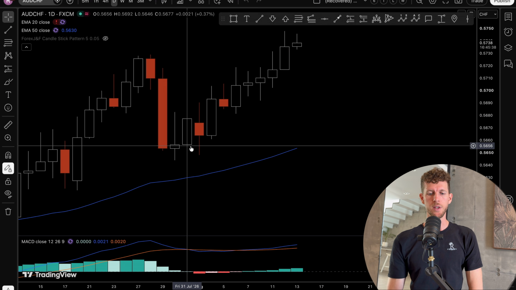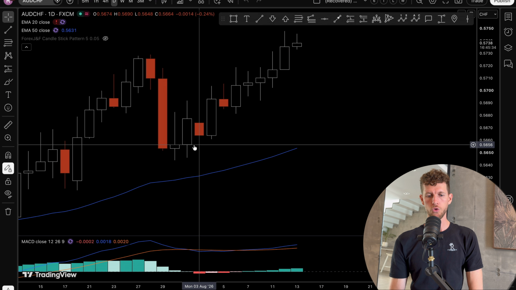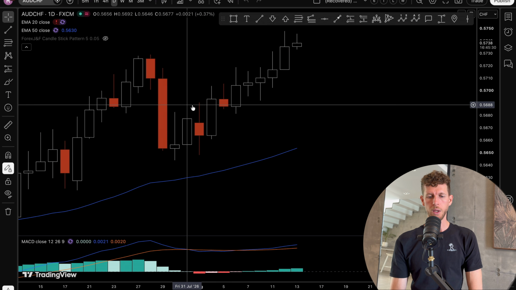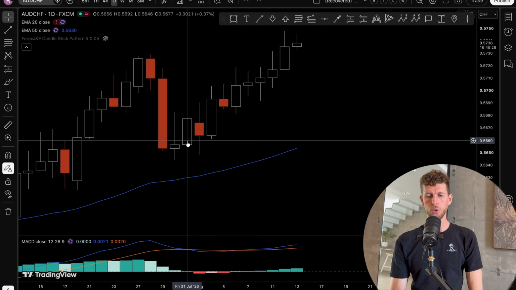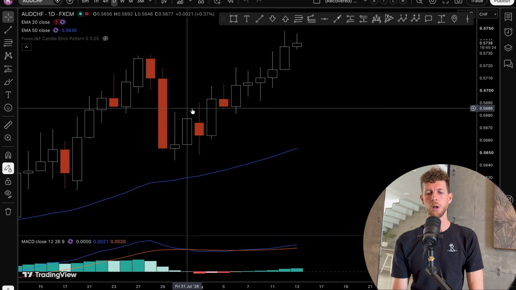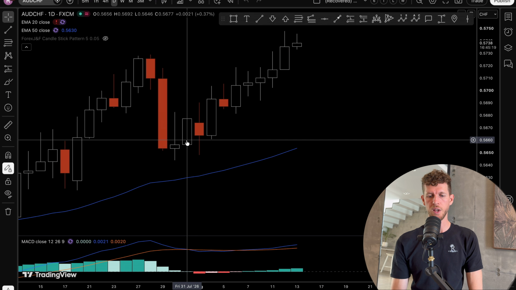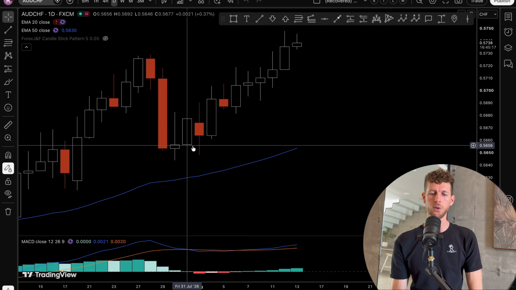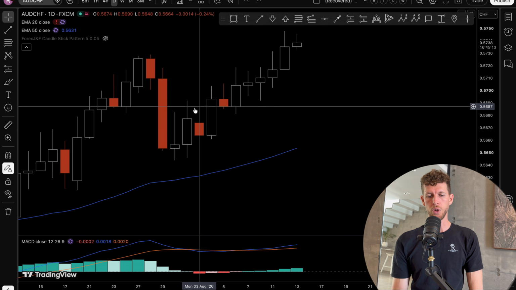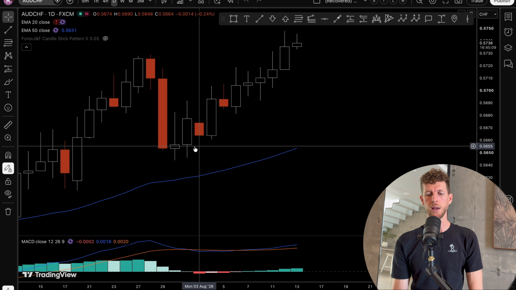So, bullish candlesticks. This one right here opened right here. It traveled upwards all the way up to here. By the way, it could have gone either way. It could have opened here, traveled downwards, and then upwards, and then back here, or in any of those combinations. But all this is telling us that at one point in this candle's life, it reached all the way up to here, and it reached all the way down to here,